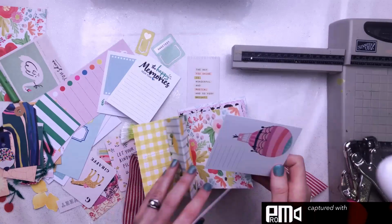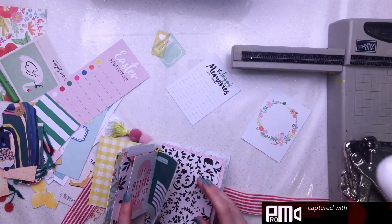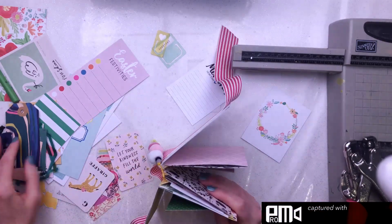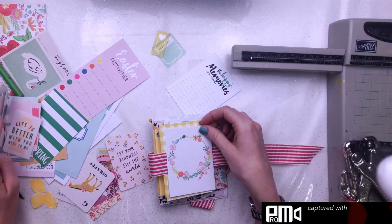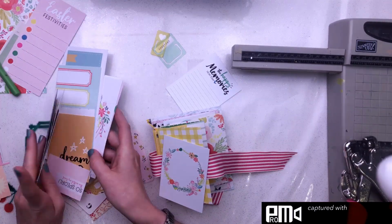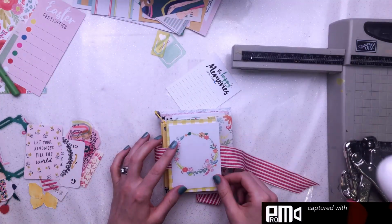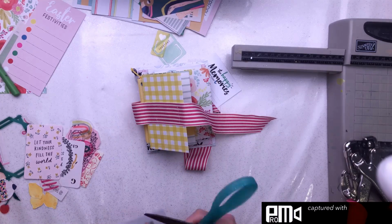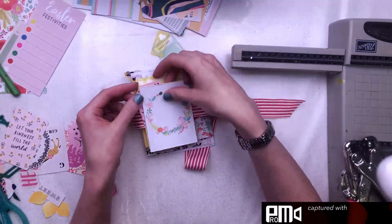So that's that, and you can see that I've also added the ribbon, and I've literally just added that with some tape, but then I do sew that on my sewing machine because I'm just worried. I don't have any red tape. I'm not a big fan of any tape on a roll except my ATG refills. So that is the only tape that I own. So if you have red tape, I'm sure that will do the job perfectly well, but I don't have that,